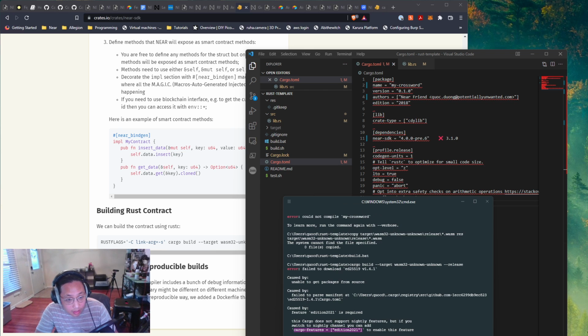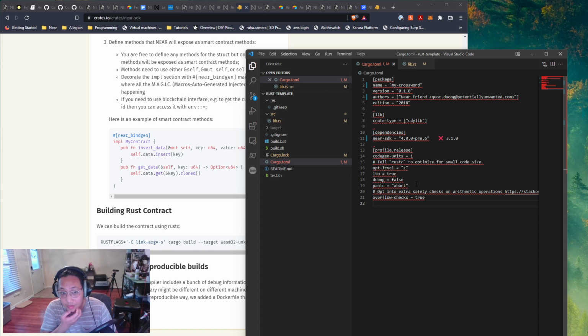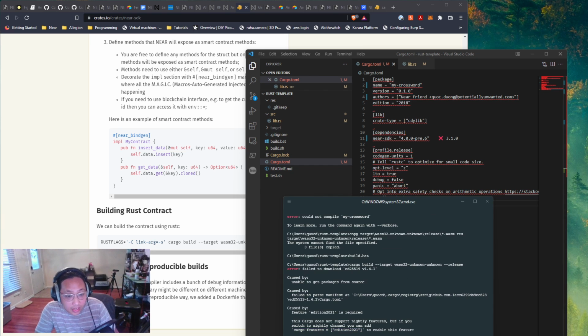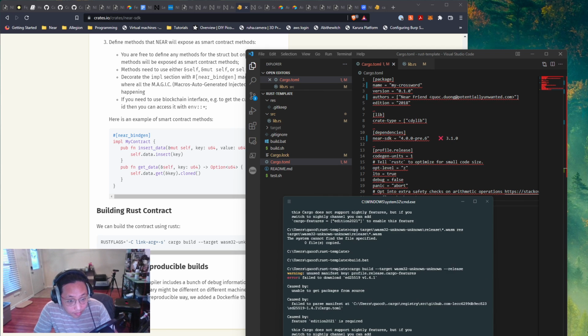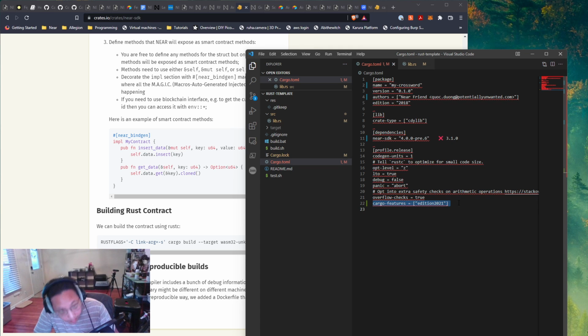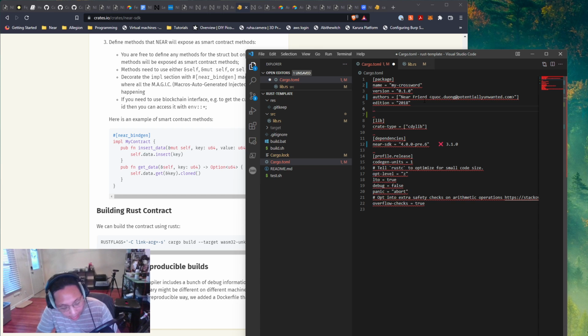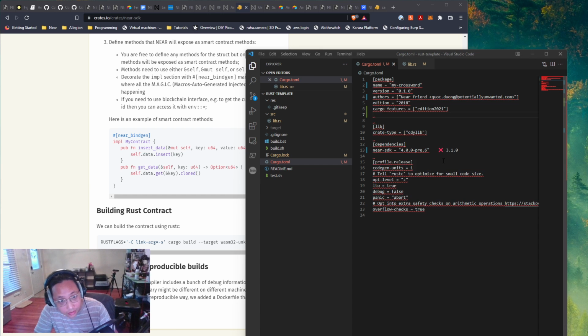System cannot find the files specified. Profile release. Opt into extra safety. Overflow checks true. Cargo features. I guess I'll just put it there. Should be fine. No, it's not fine. What if I put it here in the package? I think that makes sense,